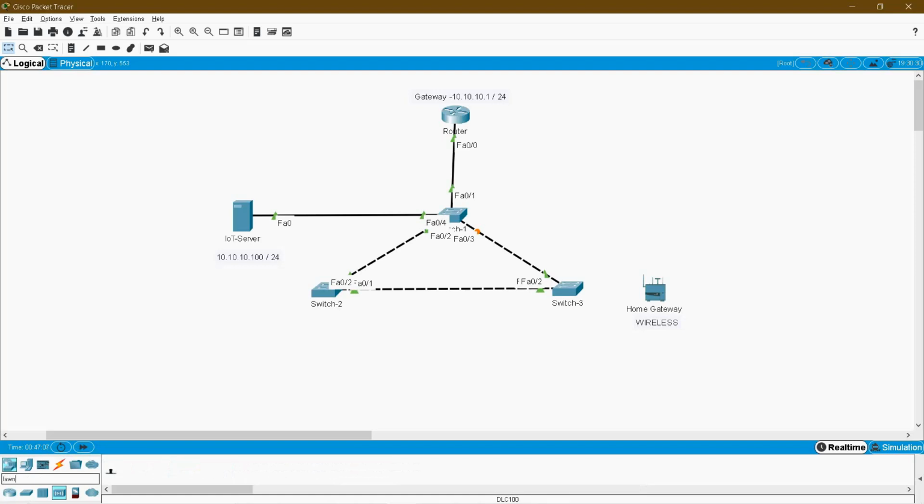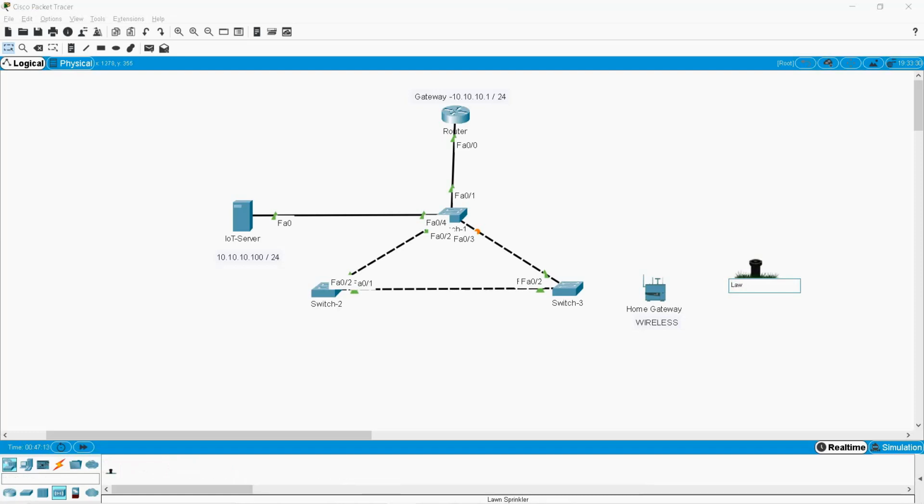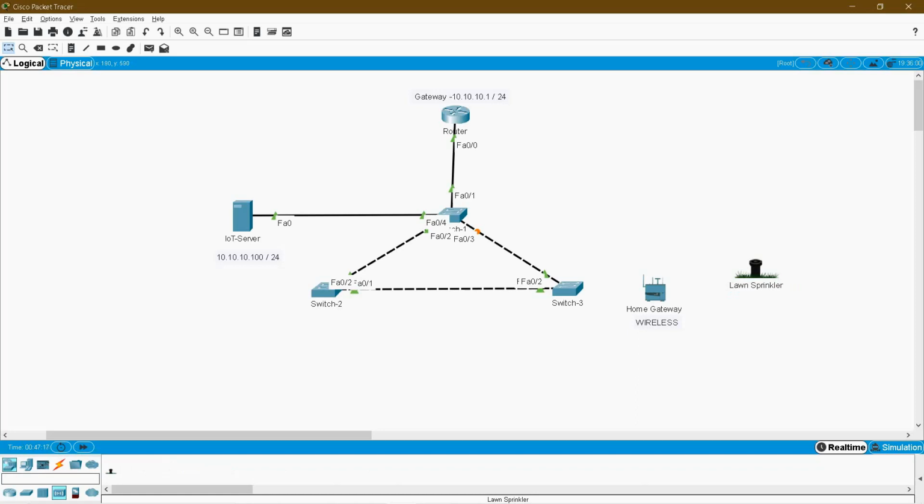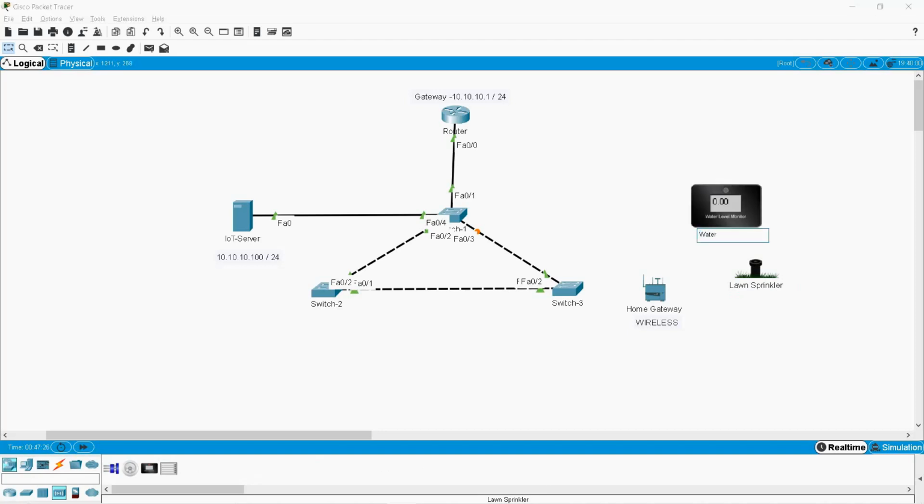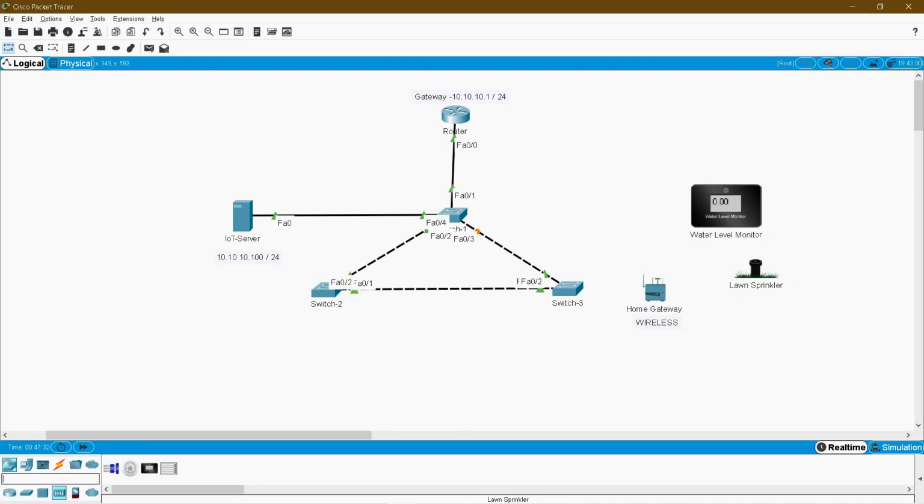Followed by that, I need a lawn sprinkler, and followed by that a water level monitor, and followed by that a humidity monitor.